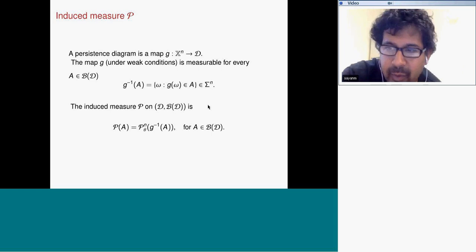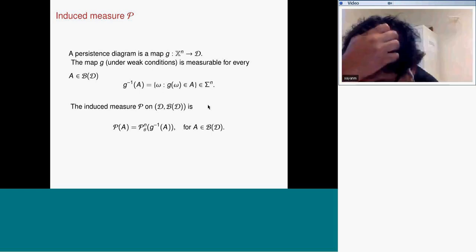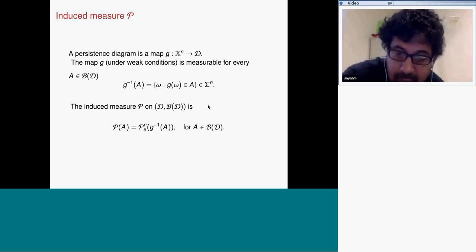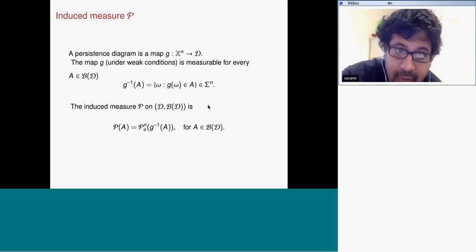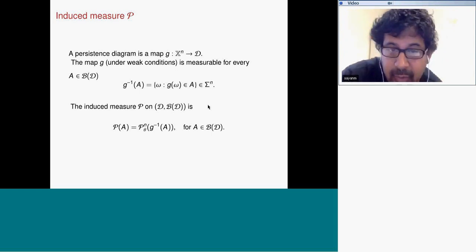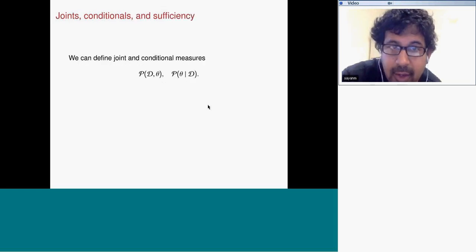Now, this later on, but sometimes it's really hard to write down the density in the actual original space, in the objects. An example of this is the bones, meshes on bones. We'll come back to that. But it might be easier to put down a distribution or density on the summary.